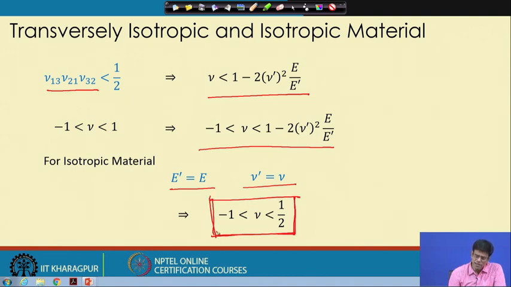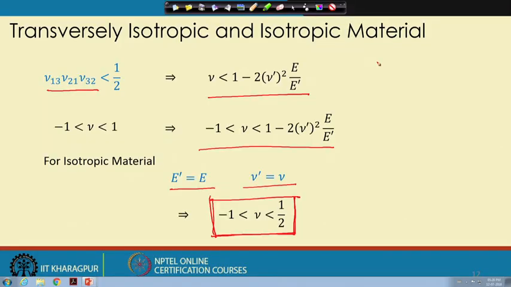So essentially, what we have learned is that we can represent engineering constants with the mathematical constants,